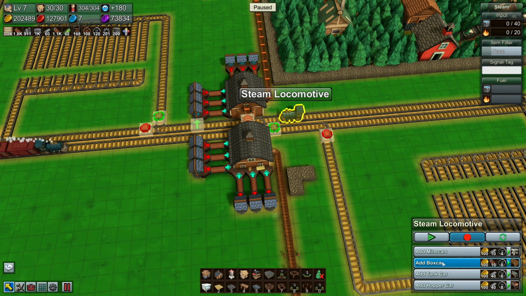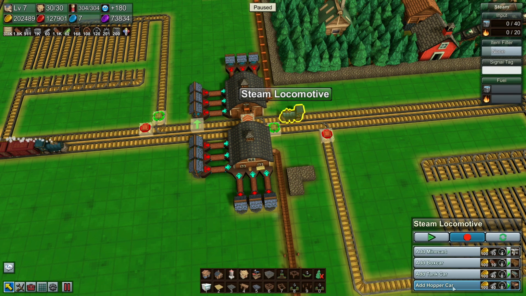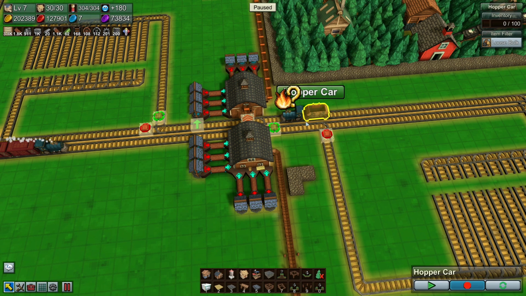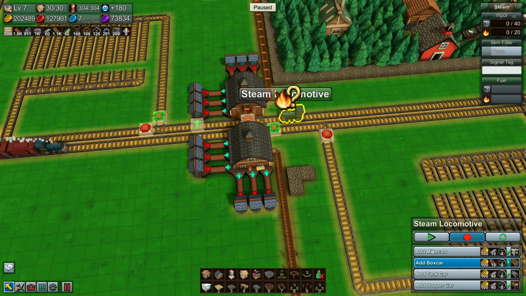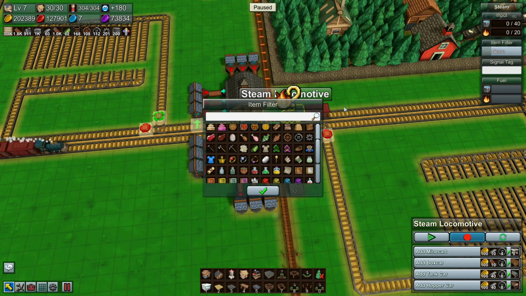And let me add a railcart to transport a large amount of goods. Can it control anything? Railcarts? Or are they loose? No, they're loose bulk. So we'll add a hopper car to this box car. And what I'm going to do is I'm going to filter you to...